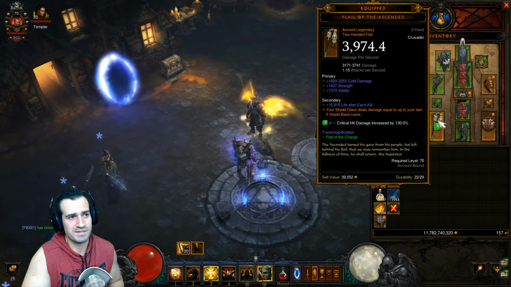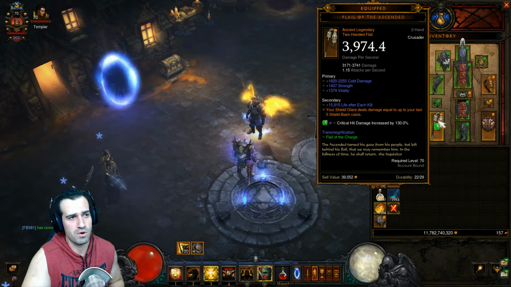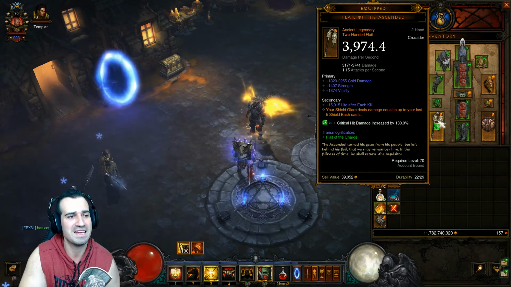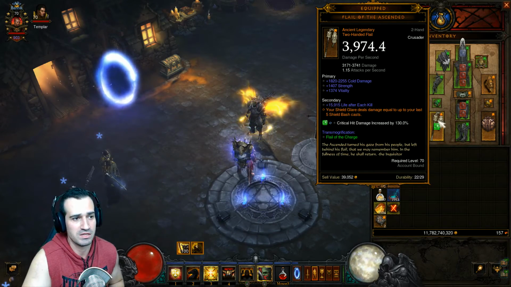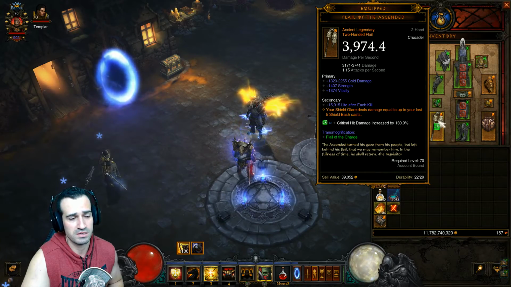Now, down to the important stuff. Definitely want these two items. I'm telling you right now, you want these two items. Number one, the weapon is Flail of the Ascendant. This is a two-handed flail, and basically, because of our passives, we can equip it in one hand, so pretty awesome, excellent damage. But what's even more important about this is if you look at the special stat there, is